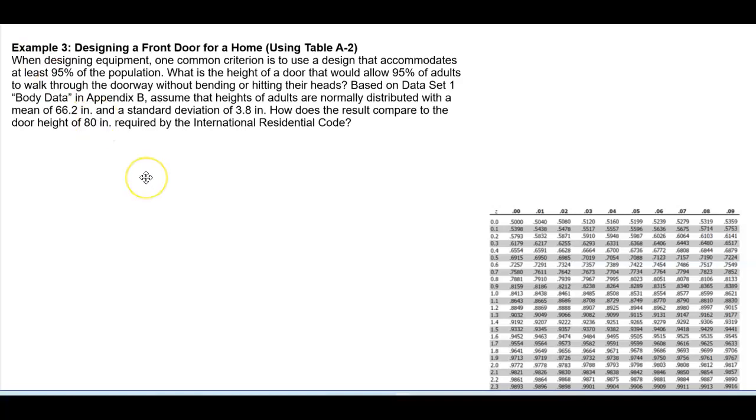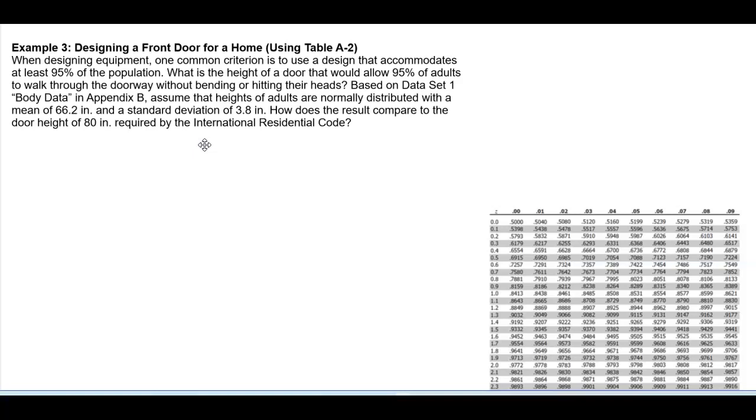Example 3. Designing a front door for a home using table A2. When designing equipment, one common criterion is to use a design that accommodates at least 95% of the population. What is the height of a door that would allow 95% of adults to walk through the doorway without bending